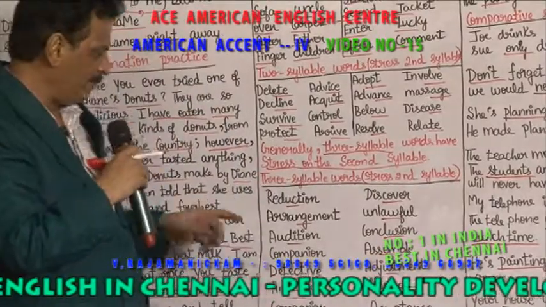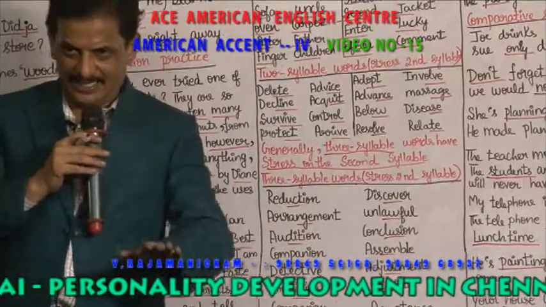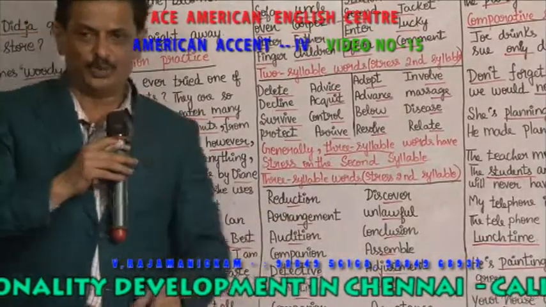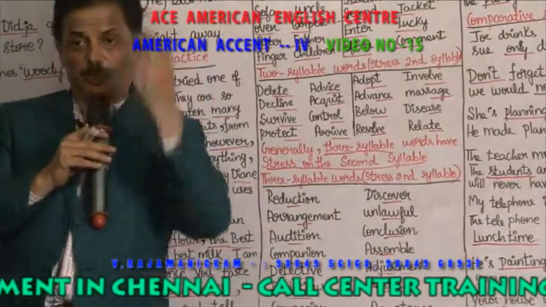For example, redaction: R-E-D is less stressed. T-I-O-N is pronounced as "shin", less stressed. D-U-C should be stressed more. Redaction,